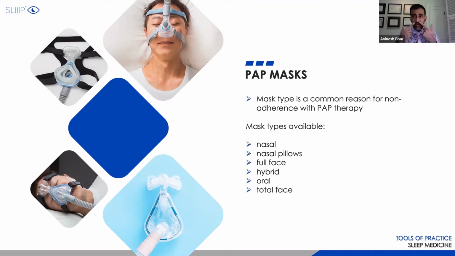One is it's a lot easier, it delivers air more effectively. Our nasal passages are built for that. Number two is that when you have a full face mask, even though it may seem more comfortable to the patient, what the pressure does is when you're forcing pressure down the nasal and oral passages, for the oral intake, it may actually force your tongue backwards. And when it pushes your tongue backwards, what it inadvertently does is increase the pressure requirement of the machine to overcome the obstruction that the mask itself has created.